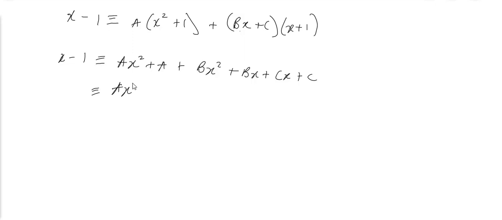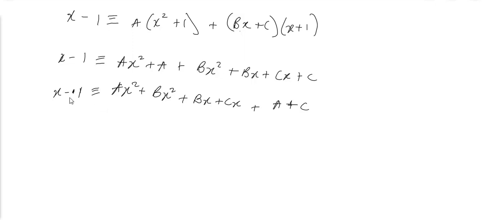So ax squared plus let's say bx squared plus bx plus cx, and the constant term a plus c, that is those without the variable x attached to it. So I think my grouping is correct. I've got 1 2 3 4 5 6 and 1 2 3 4 5 6. Good, it's correct. Now on my left hand side,